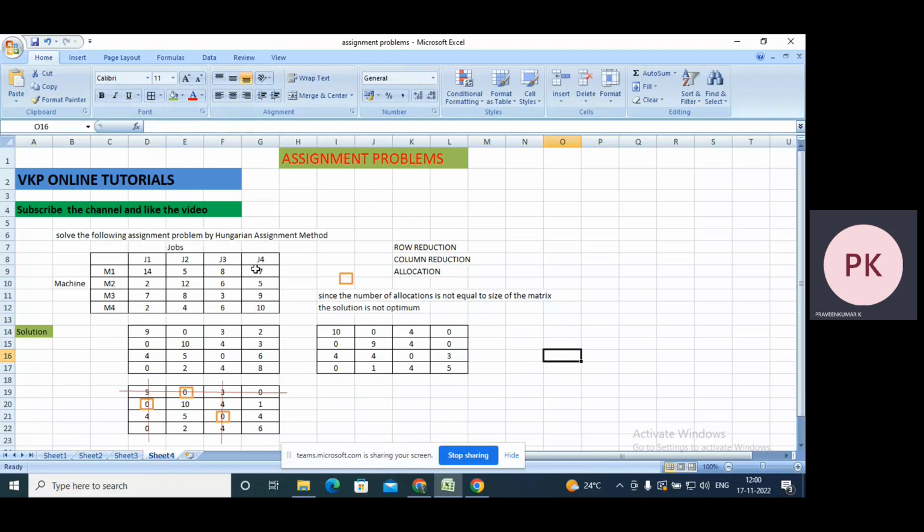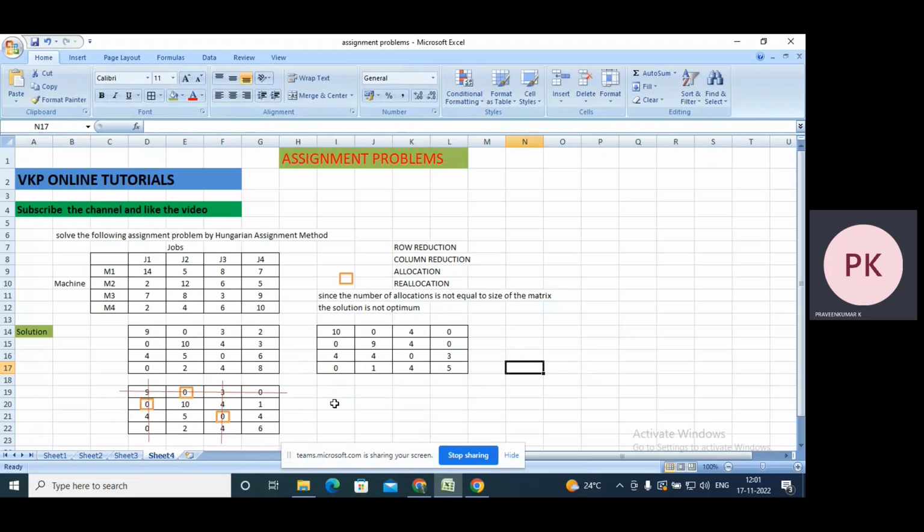See here, I applied row reduction. Here I applied column reduction. I allocated, then we didn't get the optimum solution. Then again I will reallocate. I'll do reallocation to get the optimum solution. These are the reallocated elements in the cost matrix. Now, again try to allocate the cells in the modified cost matrix, and we will see whether we will get the